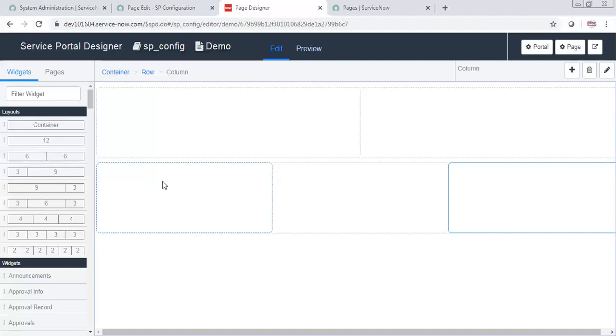I mean, if I want this column to be size 2 and these other two to be 5 and 5, can I select any layout from here? No. So how can you do that?